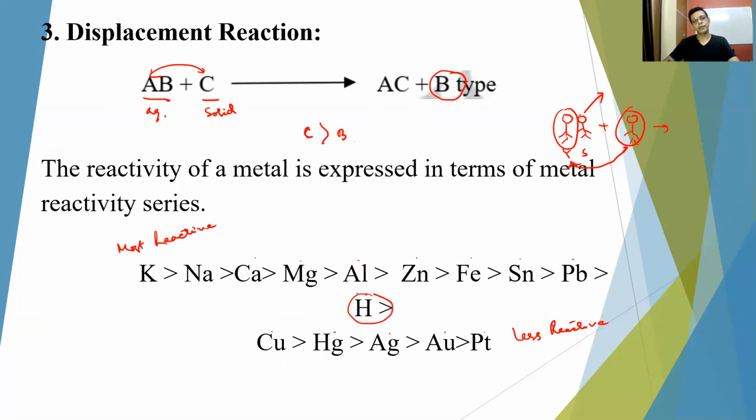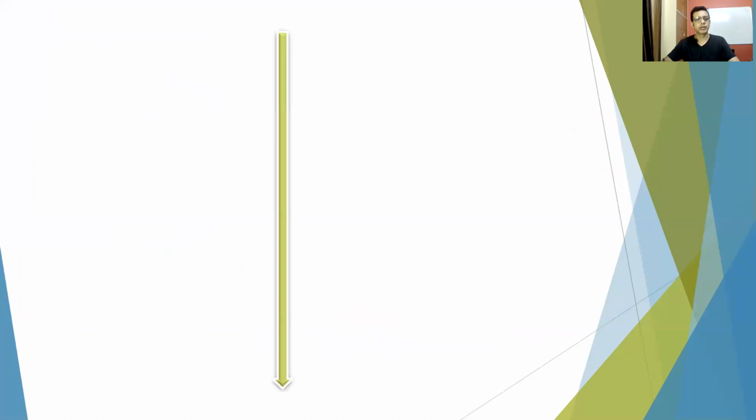Then all these are metals. What is hydrogen doing here? It's a non-metal. So this is a question which is asked in the exam: why is hydrogen placed in the metal reactivity series? The answer is very simple. All the reactivities are expressed in comparison with hydrogen. Actually, as I said earlier, this reactivity is expressed in terms of electrode potential, which we will study in higher class. In class 11, you will get this. The electrode potential value of an element is calculated in comparison to hydrogen. We take something called the standard hydrogen electrode to calculate this. So since hydrogen is used to compare, hydrogen, which is a non-metal, is also placed in the metal reactivity series.